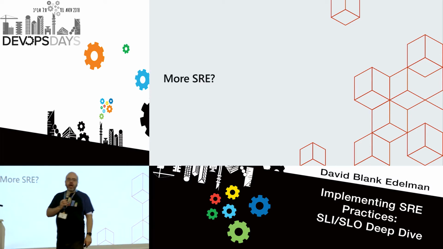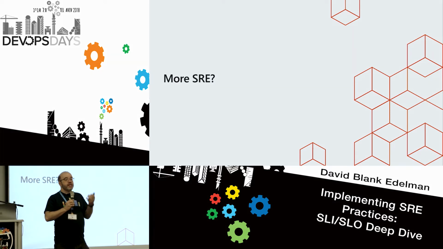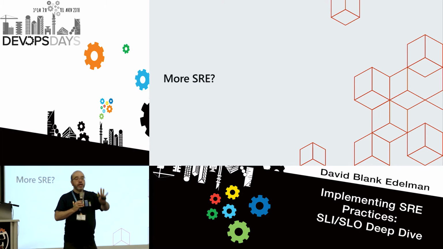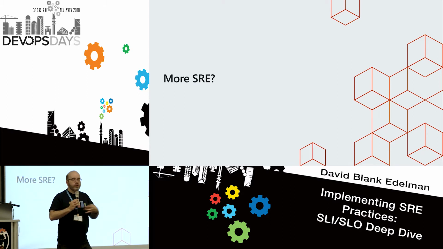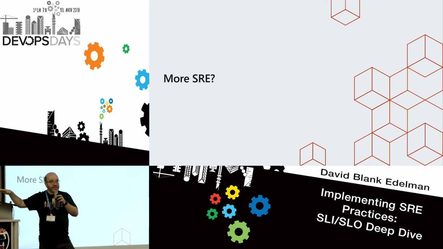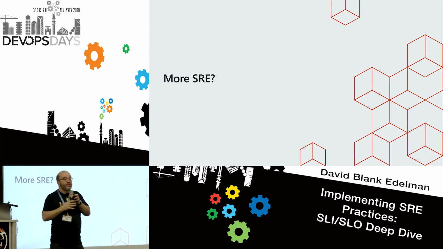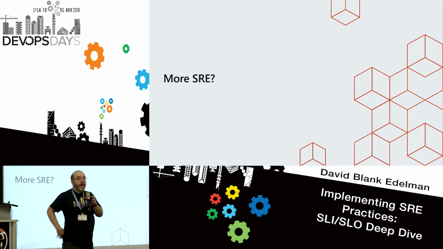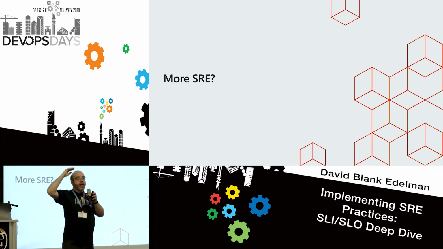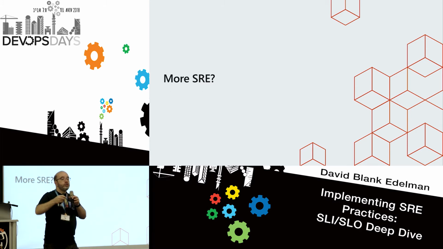So the question is, how do you deal with client diversity? What I like about what you're saying is that you're immediately starting to think about clients and customers. So good for you for thinking that way. The answer to the question is, I'm going to get a shirt that just says, it depends. But the short answer is, it depends. You might choose to make an SLO that's a compound one that says, I want to make sure my 95th percentile of this is this, my 50th percentile is this, and so on. So you might choose to make a more complex SLO to better model what's important to you.